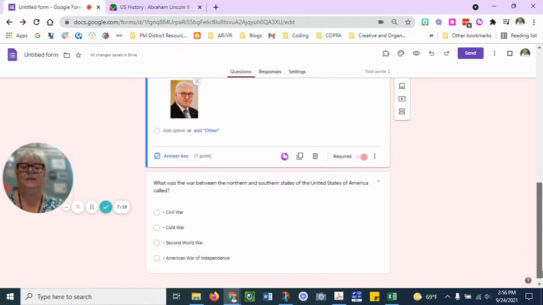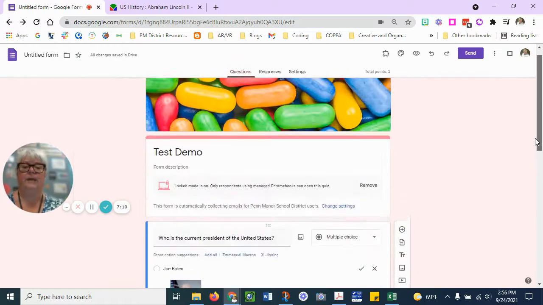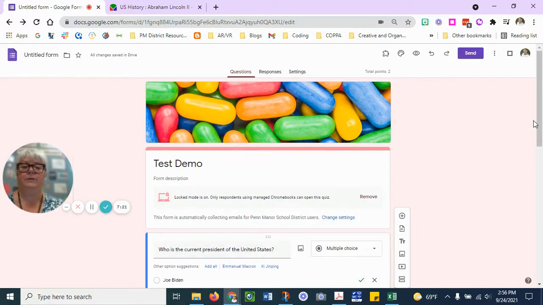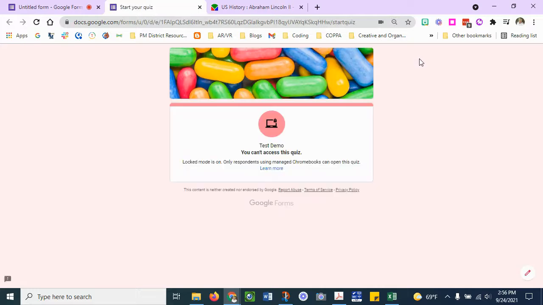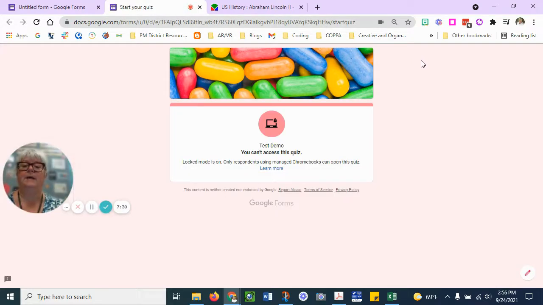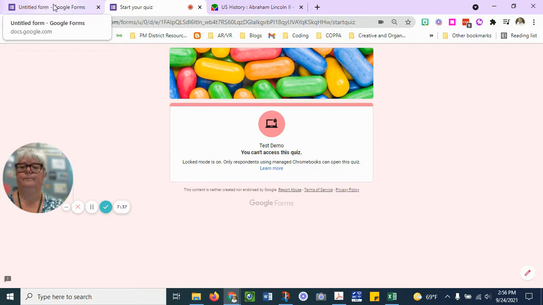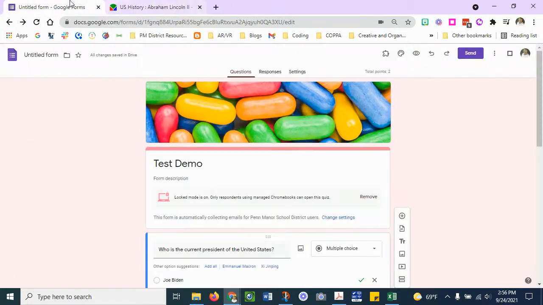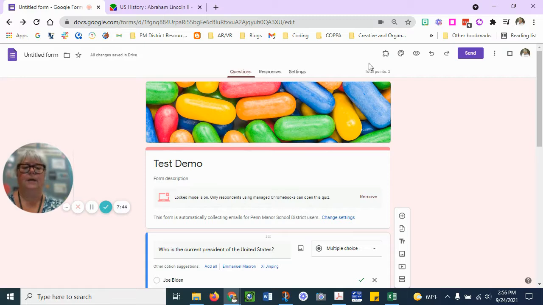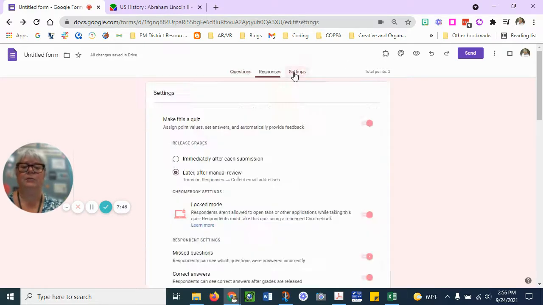Now, I am doing this not on a Chromebook currently. I am doing this on a Windows machine. So if I click the eyeball to preview, I'm going to say, whoops, I can't access it because locked mode is on and I am not on a Chromebook. So I'm going to close this out. I'm going to go back over here and I'm going to go into my settings and I'm going to turn off that locked mode temporarily